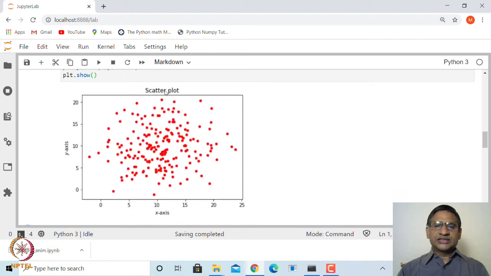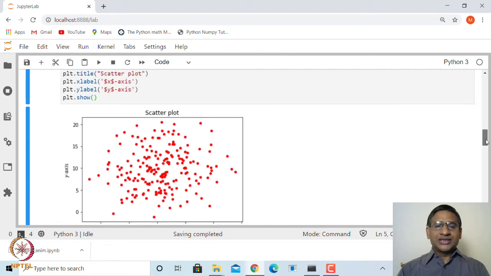So, it has added scatter plot as a title. The x axis has been given the label x axis, the y axis is given the label y axis, and you can see this x is not the usual x, it is somewhat italic. If I want to do various things to this graph, we can simply add all these things using plt.